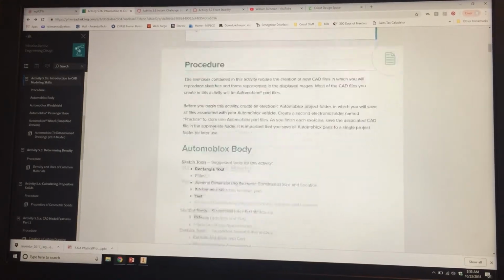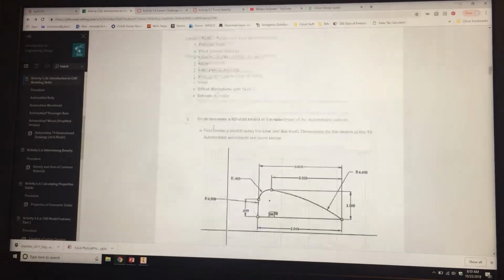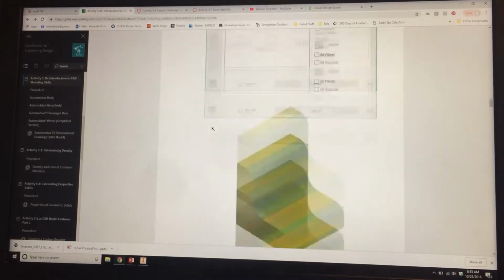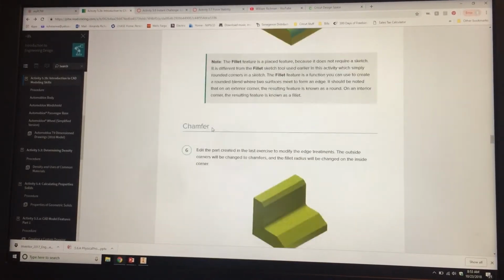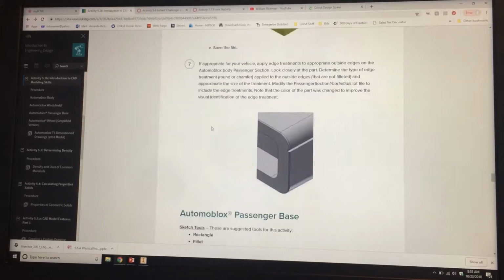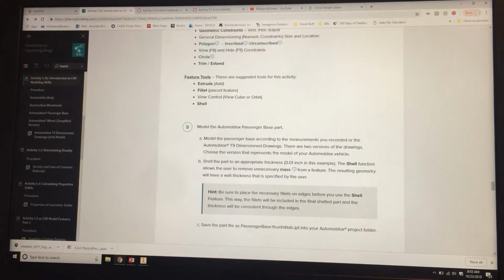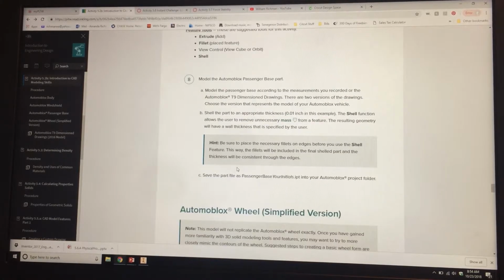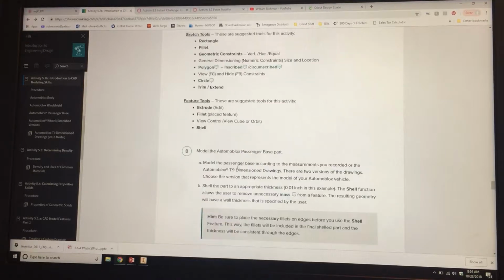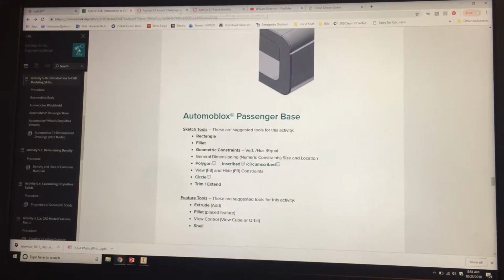I'm pretty sure it said something about shelling. We're going to scroll down to our passenger base down here. Model the passenger base here. Choose the version. The shell function allows the user to an appropriate thickness. It doesn't tell us what thickness it is supposed to be. Alright. So then I would argue